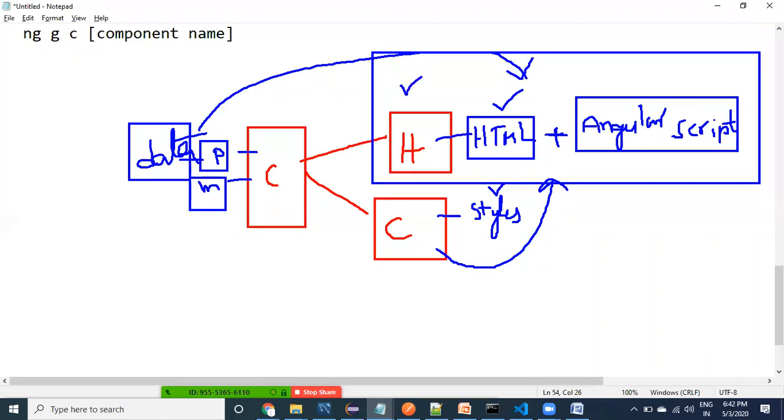The final output is going to be created in the HTML only. Whatever code we have created in the HTML is going to be rendered, and finally it is going to display output to the user. Not only HTML is available, along with the HTML we need to display the data. For suppose, let me clean this diagram.